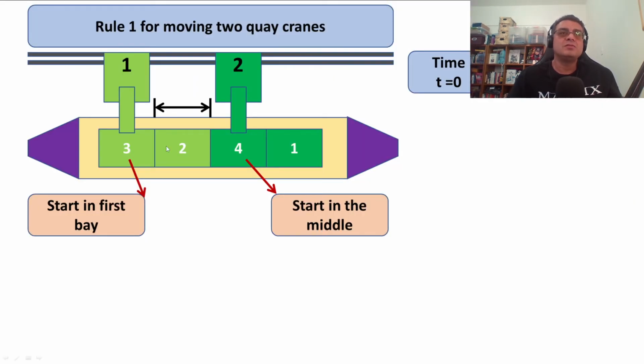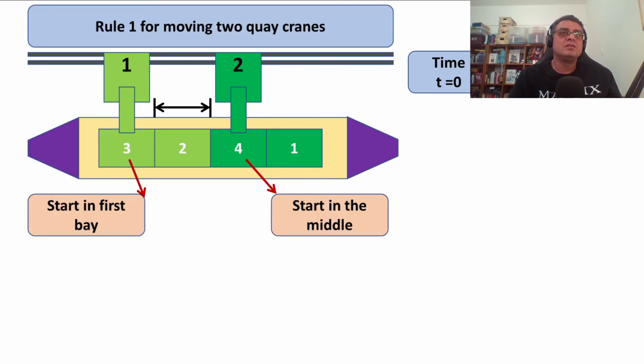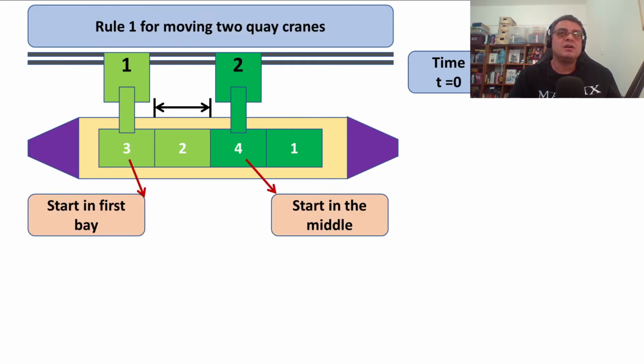So imagine now that we have this pattern. Quay crane one starts in the first bay, and the second quay crane starts in the middle of the container ship. This is the situation at time zero. Obviously, the first quay crane will have done its work in time 3, and quay crane 2 is still processing